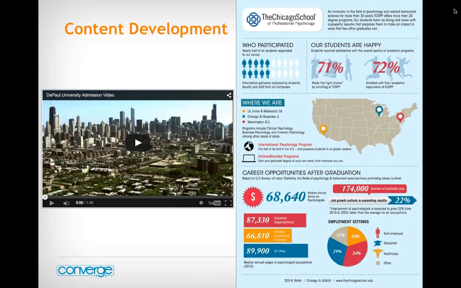And then, of course, infographics. Anne actually has a great blog post, I think went live yesterday on our website, about infographics and how they're really good at telling stories visually. The great thing about content development and use of different storytelling mechanisms, whether it be video or infographics, is that